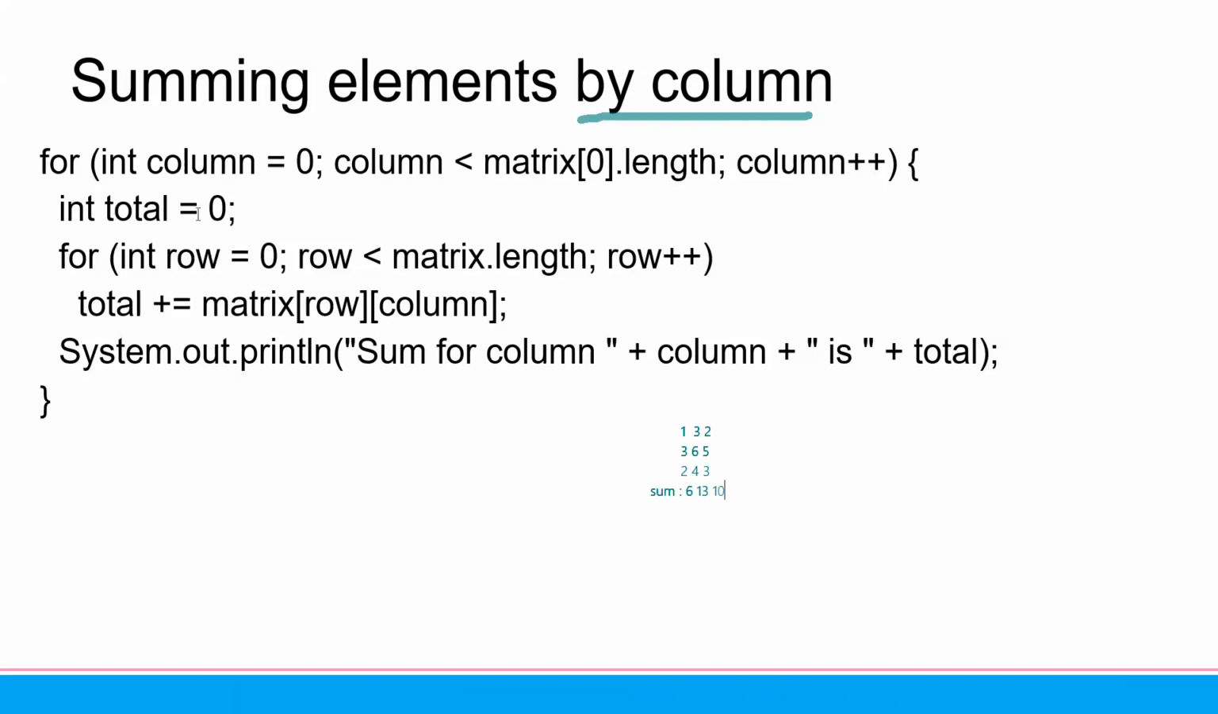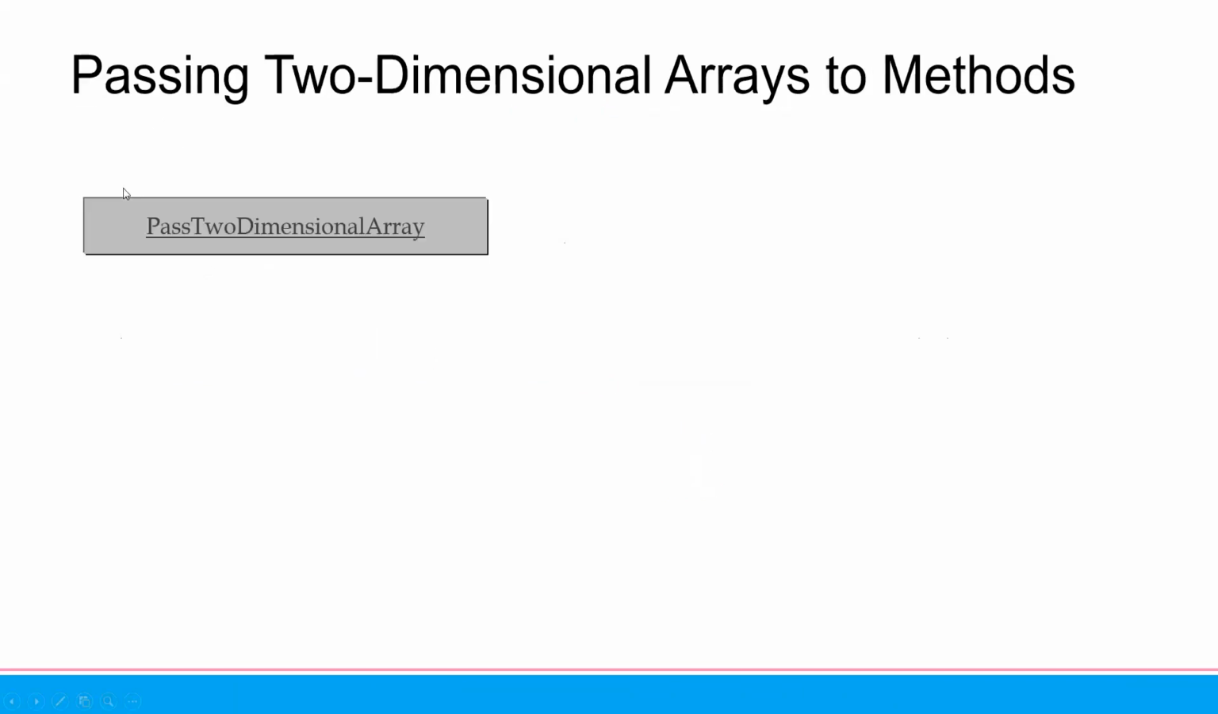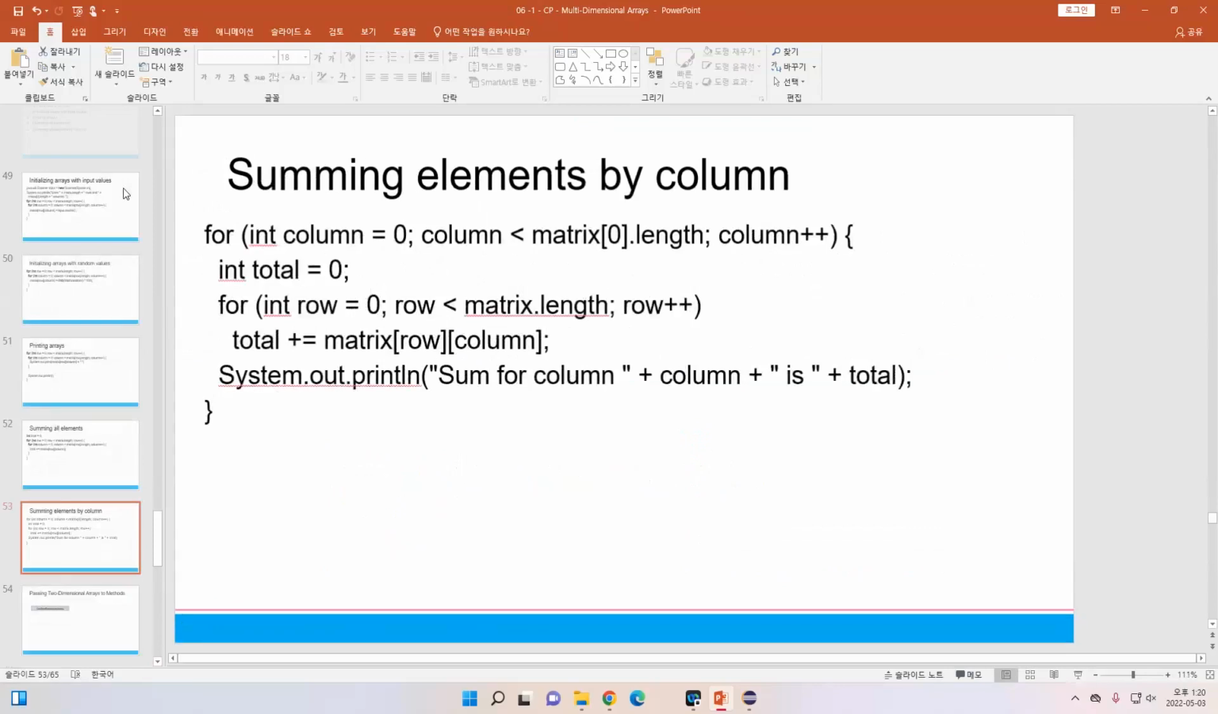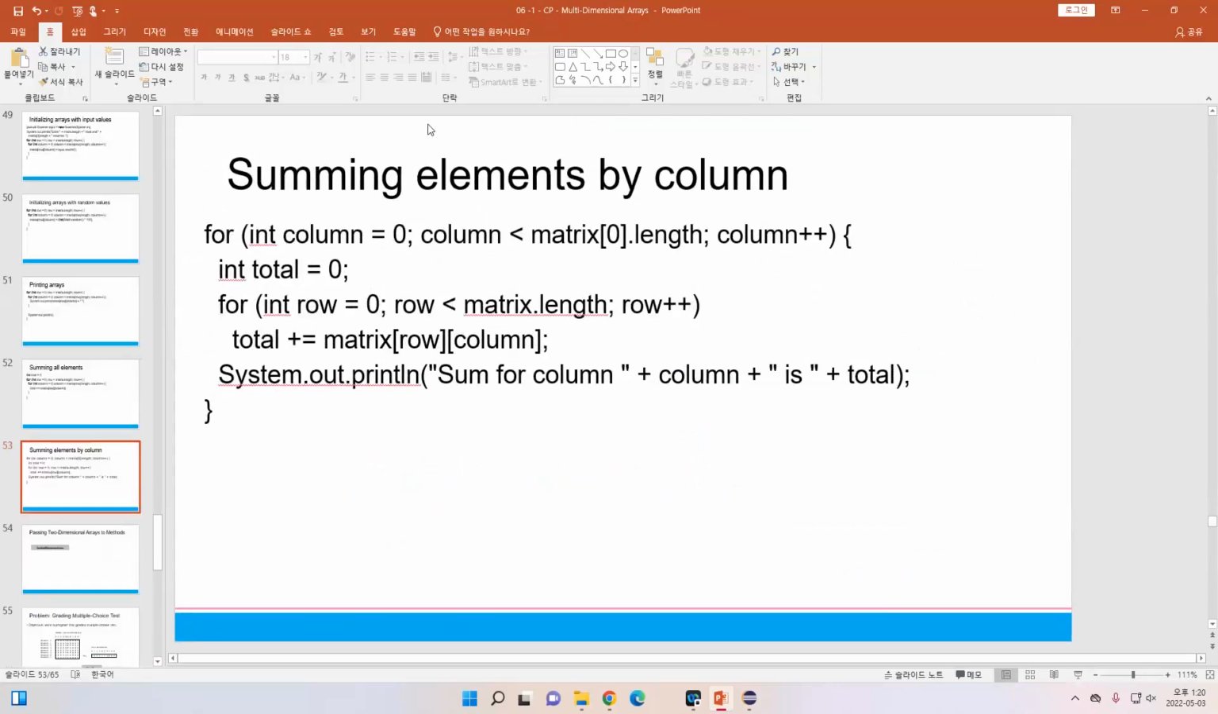So the integer total, and then I will do the row. For every row until the length, I will make the total. And then, yeah, I will check. I will print the summation of the column. Okay, I guess it's time to finish. I will stop here and